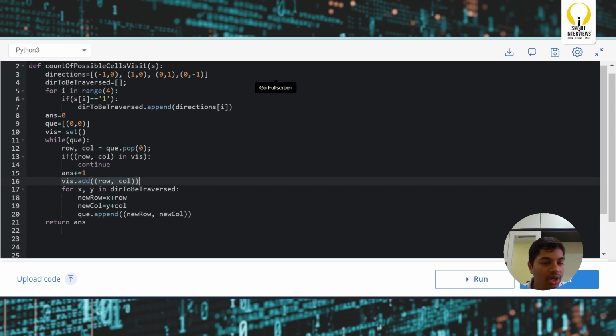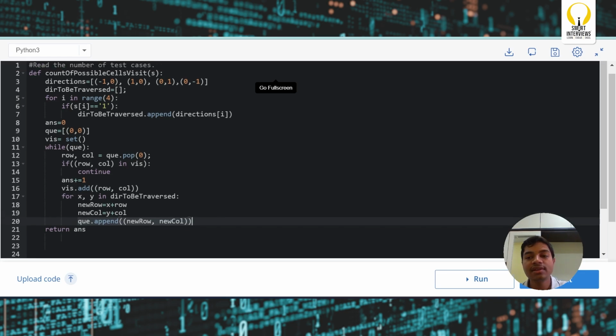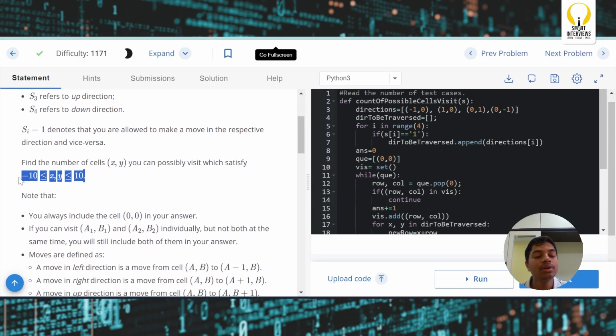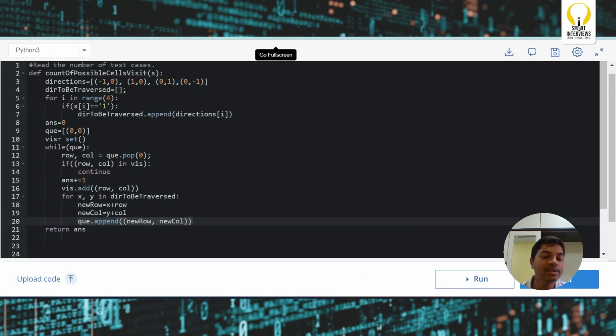So only at this particular condition are you going to add it into a queue. But while you're adding into a queue, this extends and goes beyond the value that is given as the limit, something like minus 10 comma 10. So obviously it should be within this particular limit. If we do not have this particular condition, this goes in an infinite loop. So for this, what we're supposed to do,